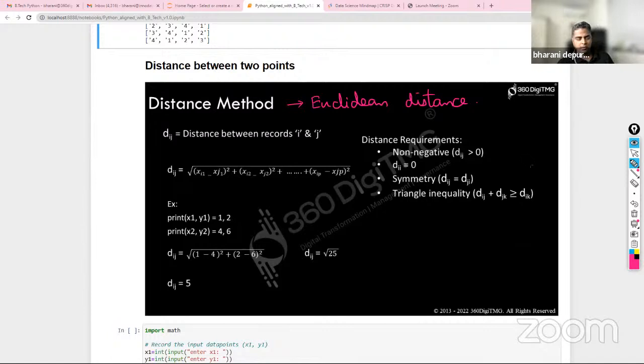Okay, and distance can never be negative. Condition number 1. Why can distance never be negative? Because